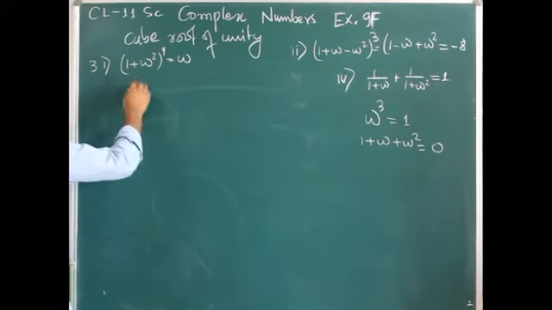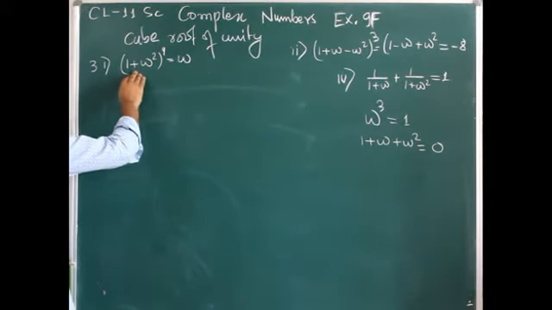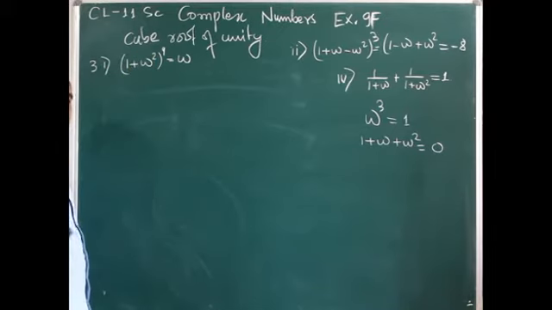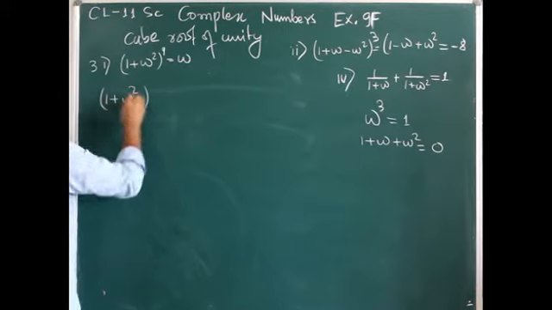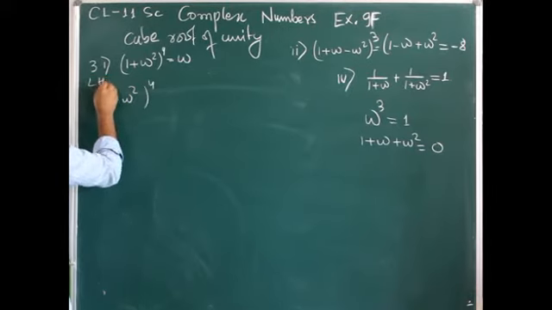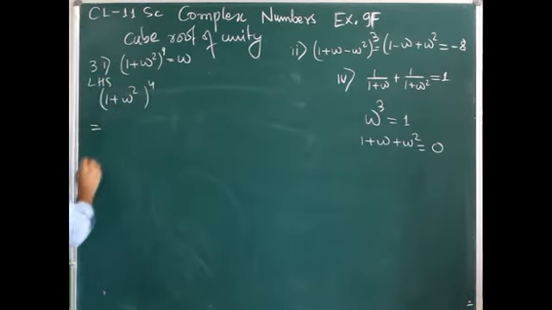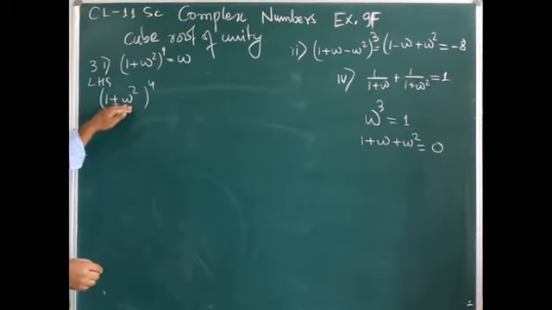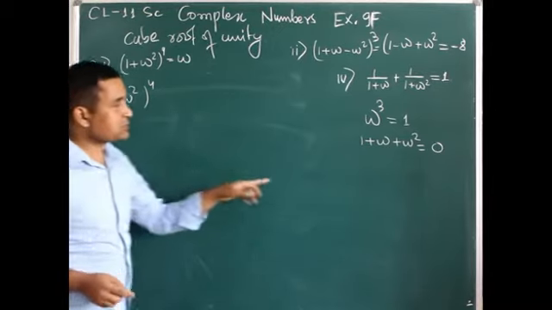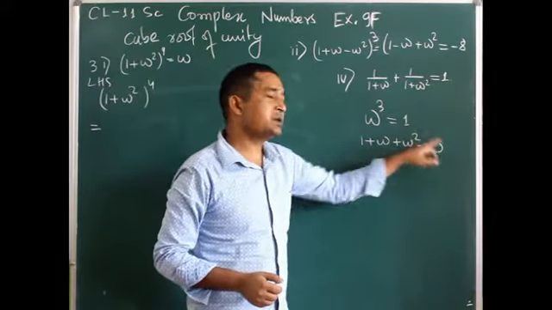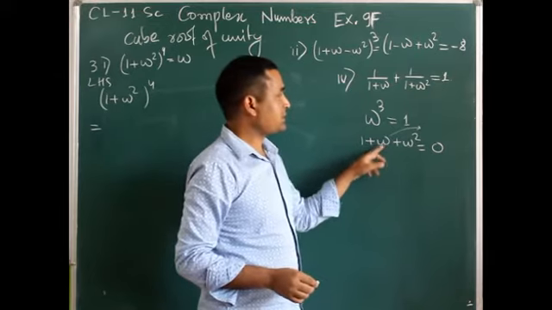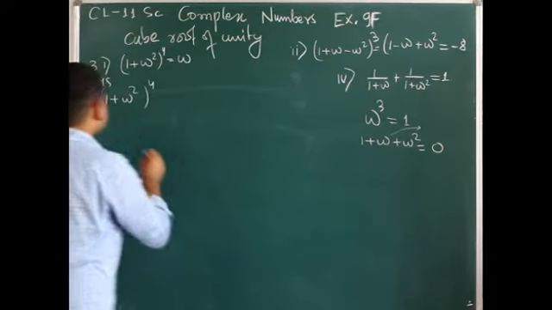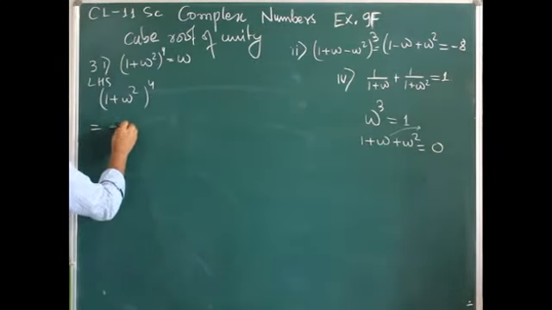Now, the question asks to prove whether this expression equals omega or not. We will take the left hand side and try to show the right hand side. Then (1 plus omega square) to the power 4. This is the left hand side. Can you find the value of 1 plus omega square? 1 plus omega square means minus omega. 1 plus omega square equals minus omega. That means we are going to replace this with minus omega